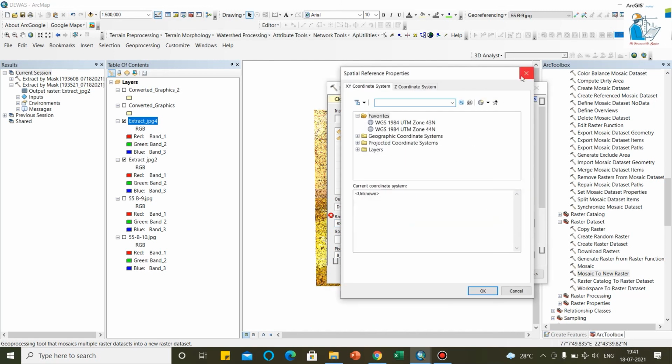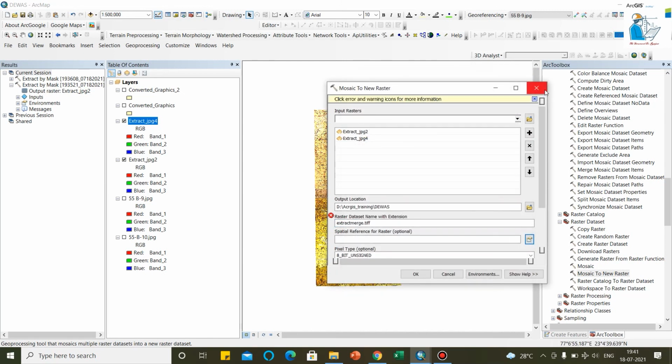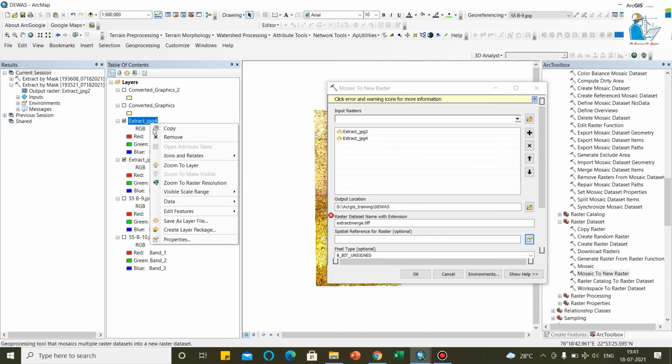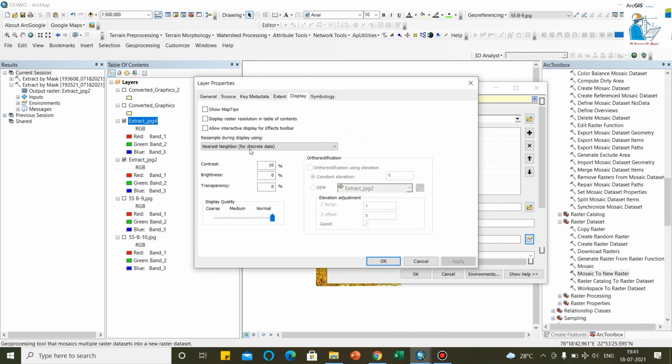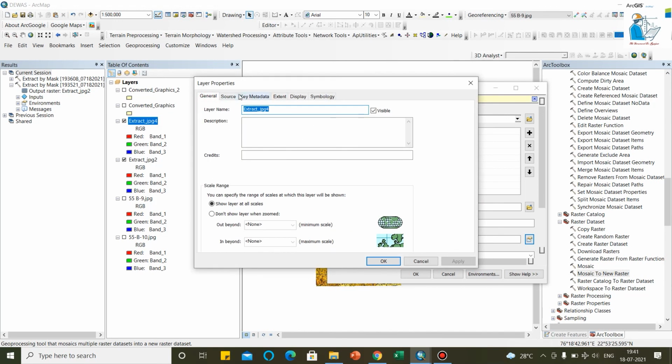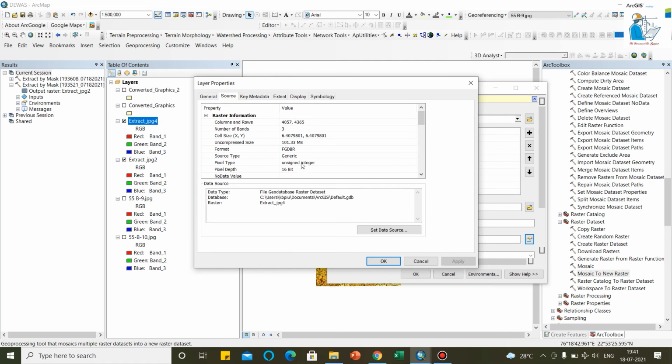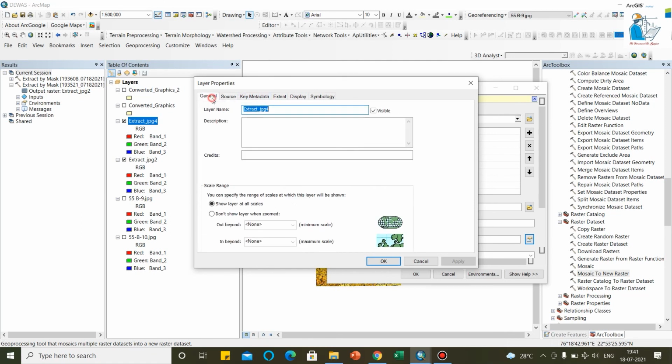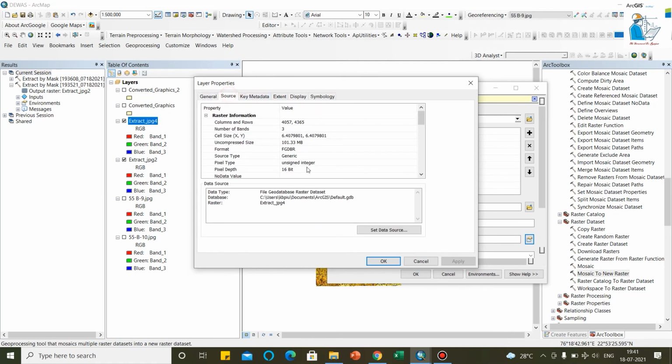For the spatial reference you can check from these toposheets, because this is already georeferenced. This is 43N.